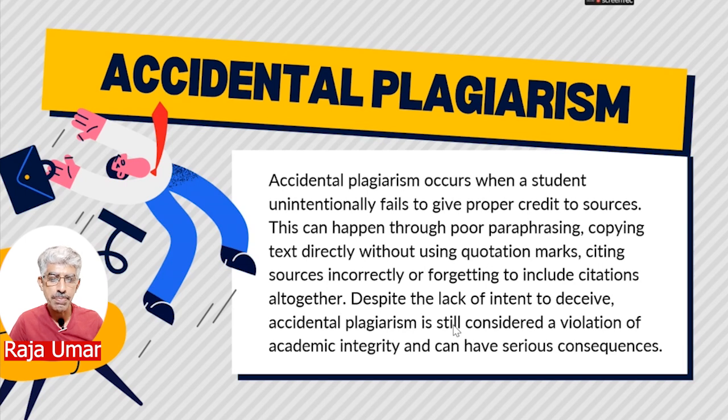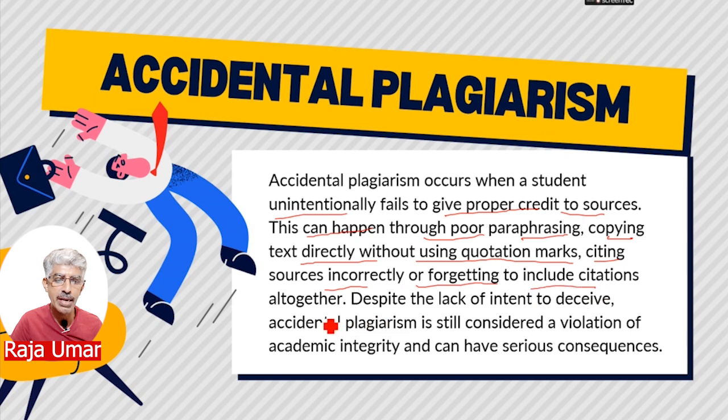Accidental plagiarism. Accidental plagiarism occurs when a student unintentionally fails to give proper credit to sources. It happens at times that you are putting some sentences or some paragraphs in your report or in your research work, but unintentionally you forget to credit those lines or those paragraphs to the person to whom they actually belong. This can happen through poor paraphrasing, copying text directly without using quotation marks, citing sources incorrectly, or forgetting